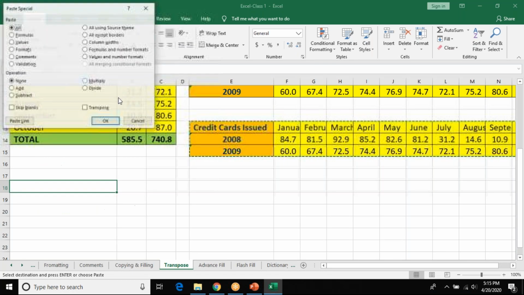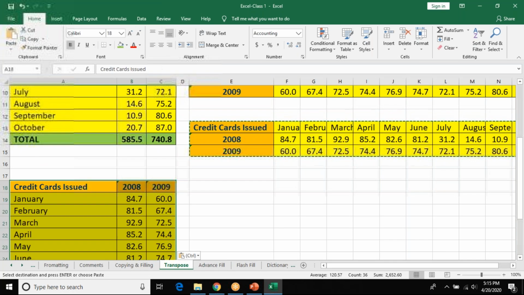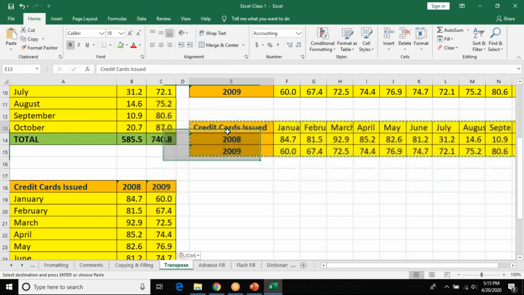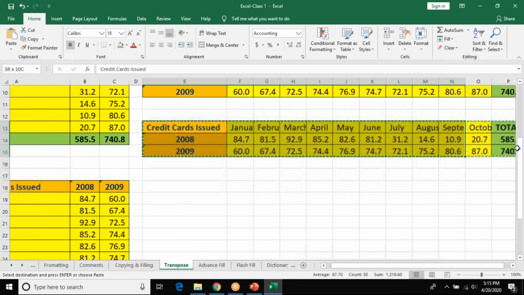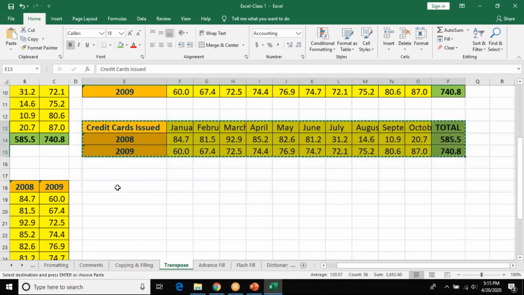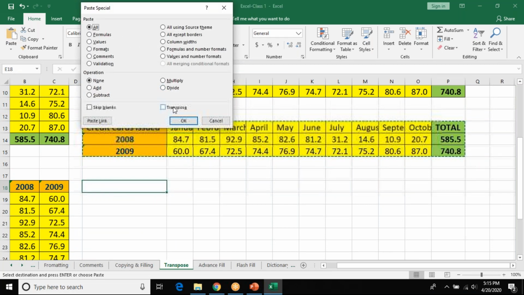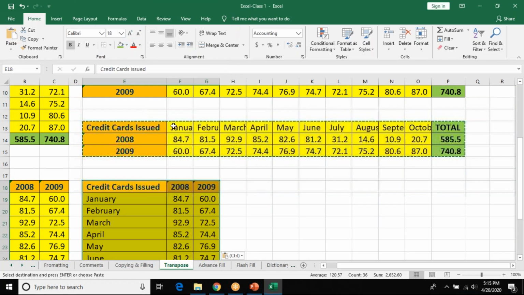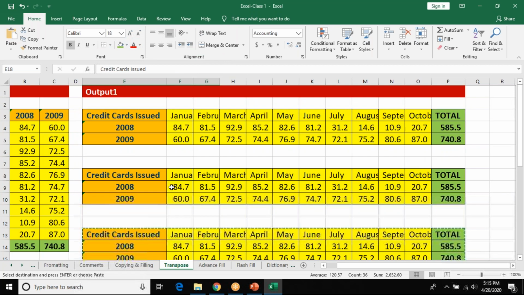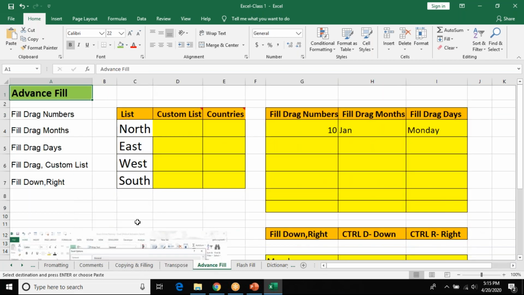Paste special, again transpose. See, even from horizontal data, I can convert into vertical data. So I click on this, paste special, transpose. Look at it. It gets converted into whichever format you want. Excel is very easy only if you know how to do it. If you don't know how to do it, then it is not easy.